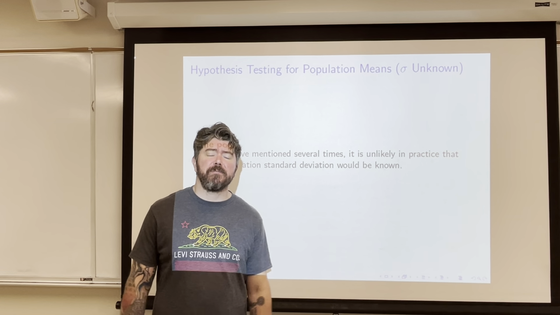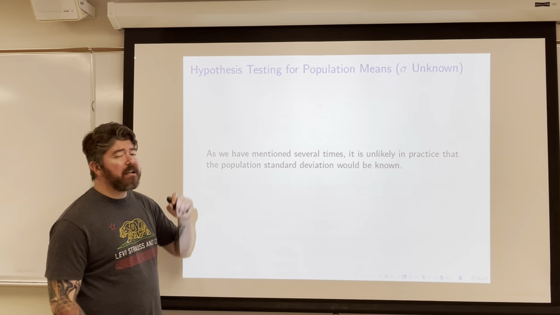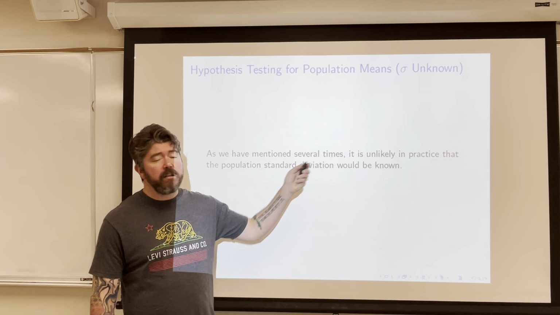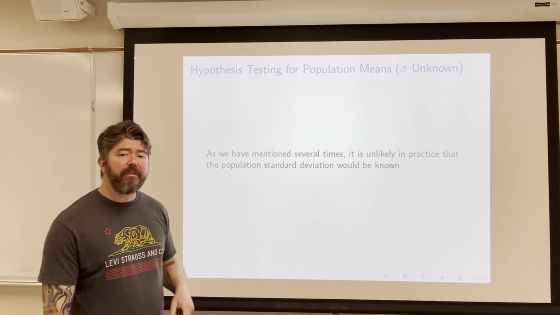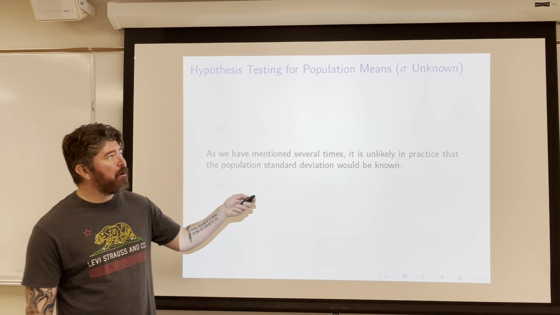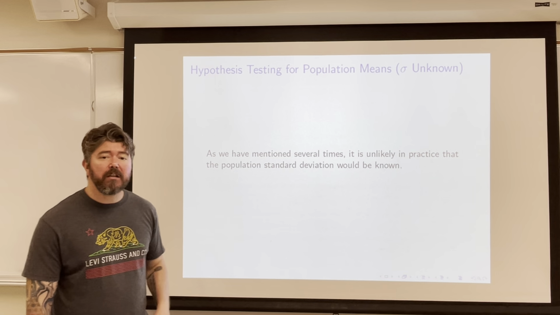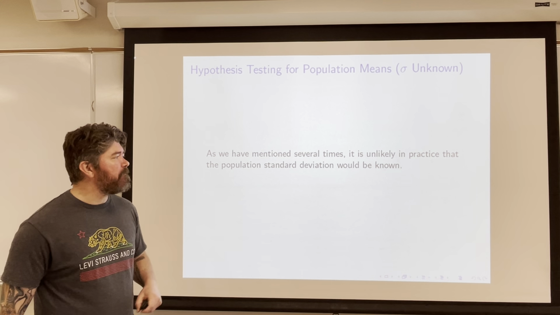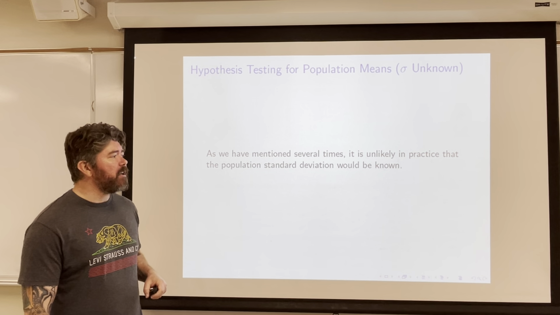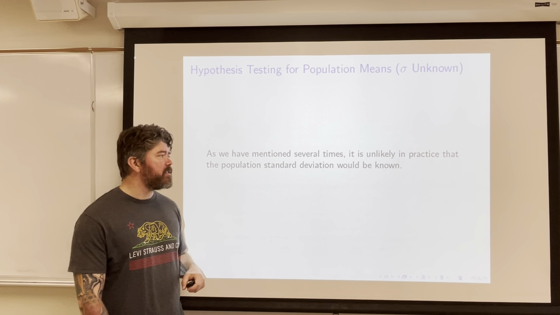Continuing on with chapter 10, we will now look at section 10.3 where sigma is unknown. So we will still look at hypothesis tests for the population mean mu, but now we will assume that sigma is unknown. And as we have mentioned several times, it is highly unlikely in practice that the population standard deviation